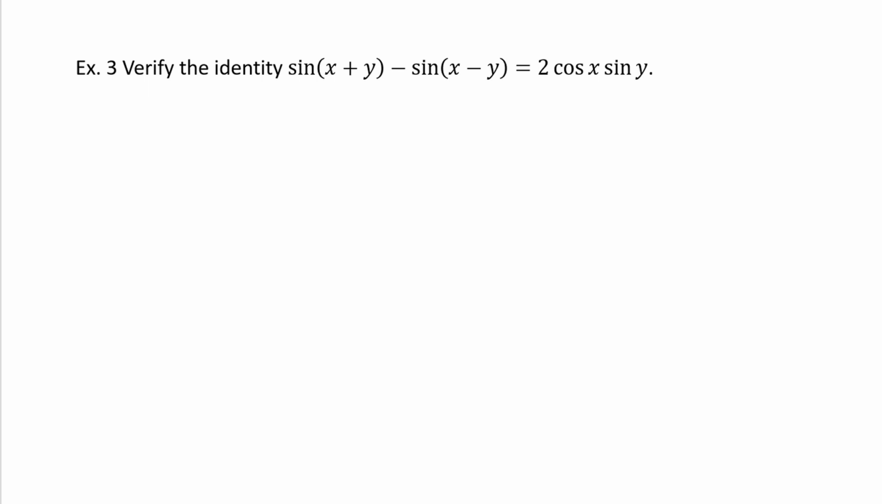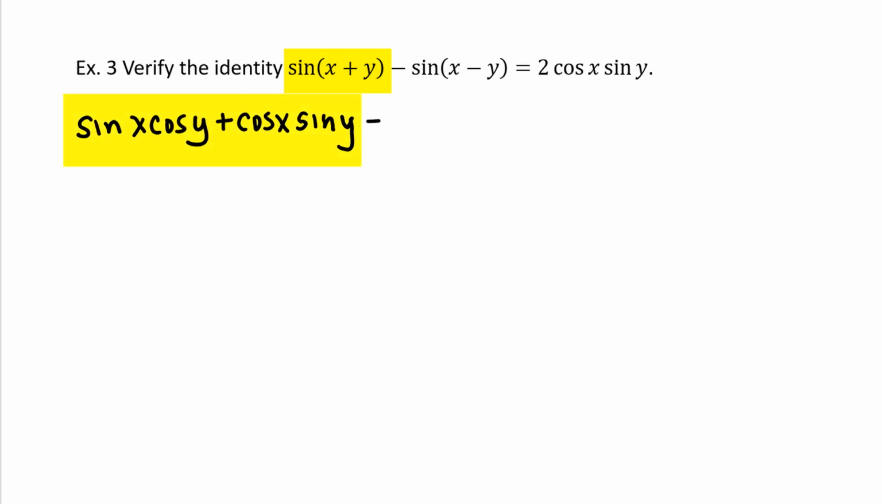Verify the identity. The sine of the quantity x plus y minus the sine of the quantity x minus y is equal to 2 times cosine x sine y. When proving an identity, you always work from only one side of the equal sign. I'm going to choose to work from the left-hand side because it's got more stuff. I'll start with the sine of x plus y and write that in its expanded form. So I will get sine x cosine y plus cosine x sine y,